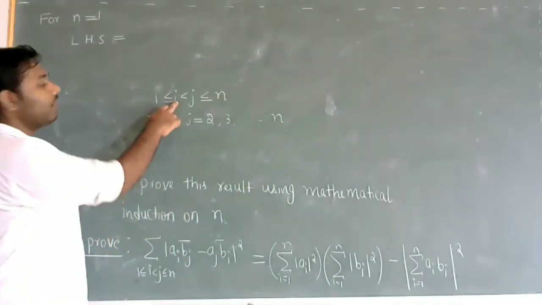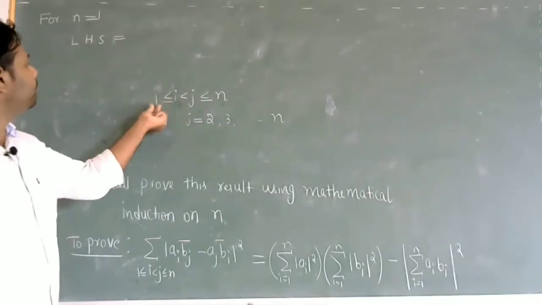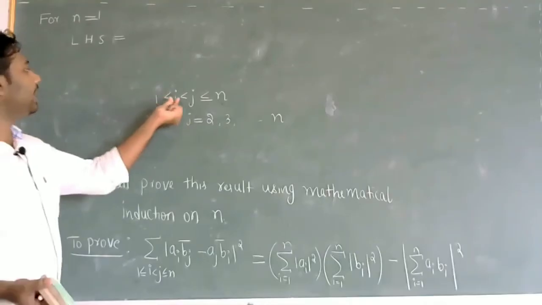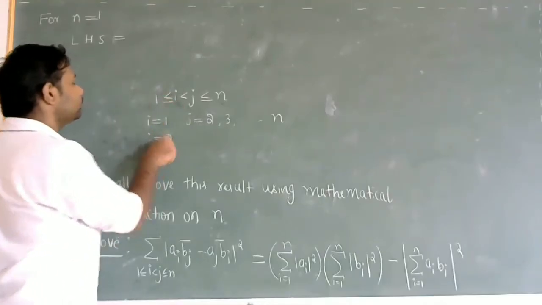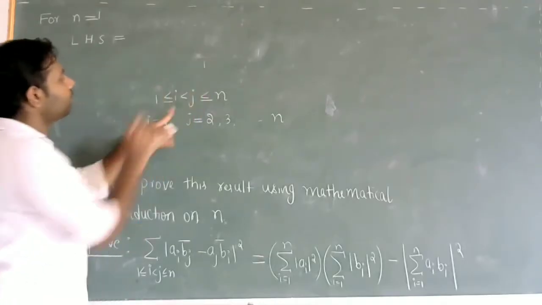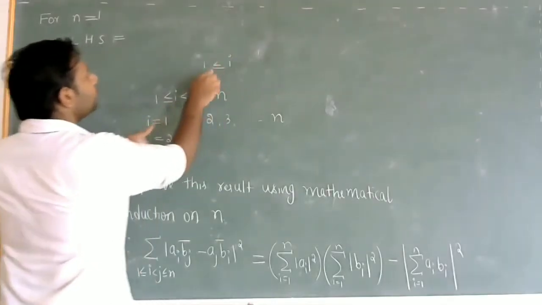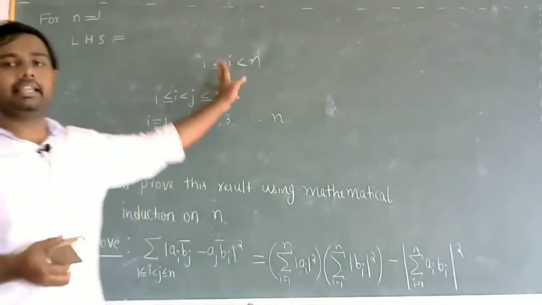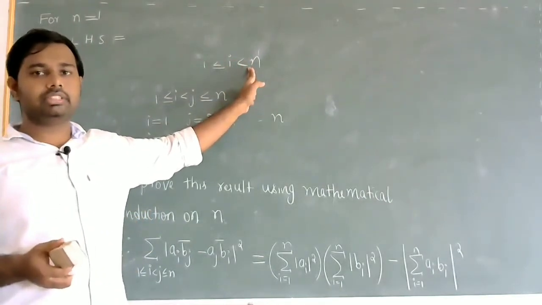So this is one value. i has taken the value 1 now. The next value is 2. Actually, you can extract one more condition here for i: i is greater than or equal to 1 and strictly less than n. So i can take any value from 1 till n minus 1.